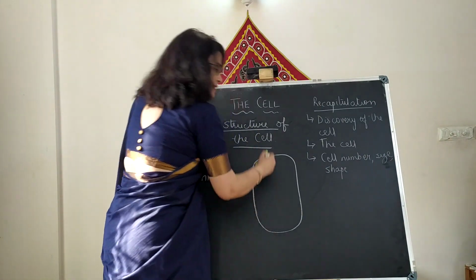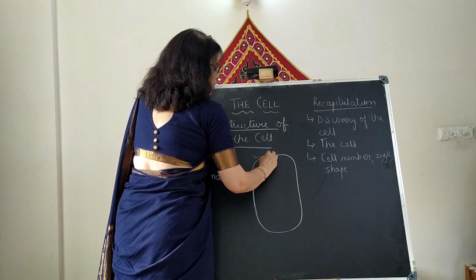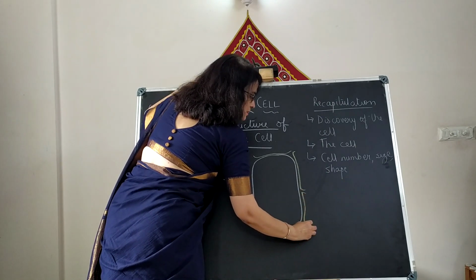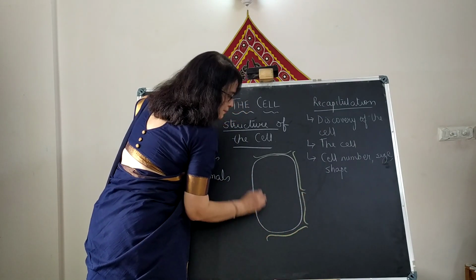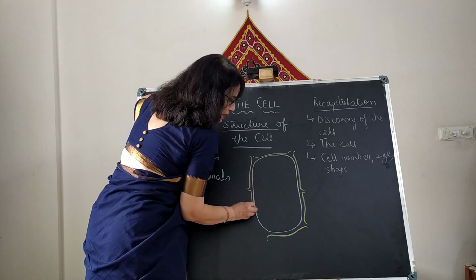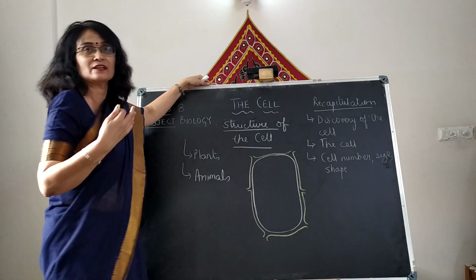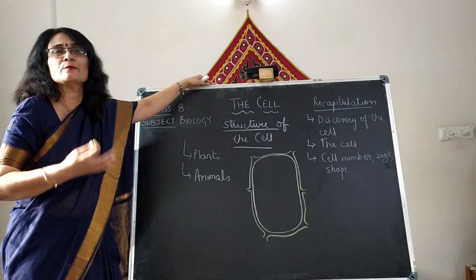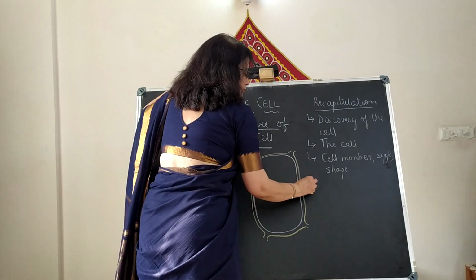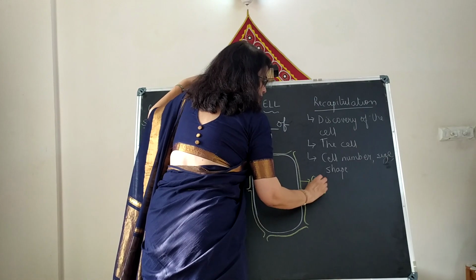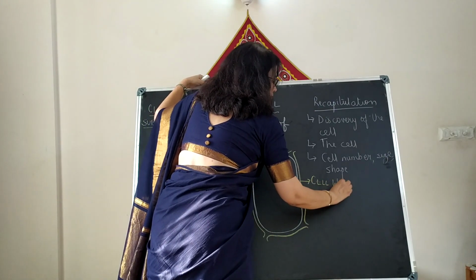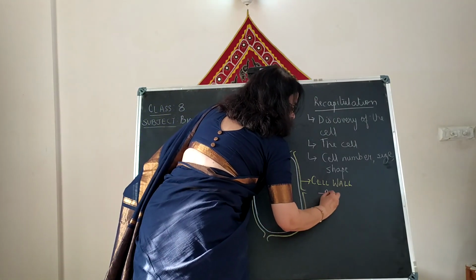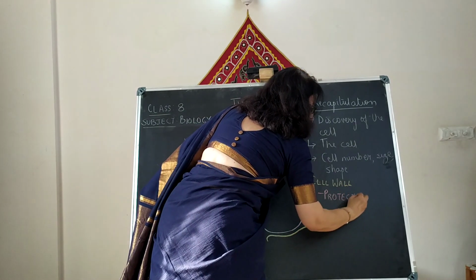A plant cell has a covering like this, and on top there is another covering known as the cell wall. The plants have to live outside in the environment, and all the disturbances in the environment, air disturbances, rain, etc., have to be taken care of. So they need a protection, which is the first part, known as the cell wall. It is protective in nature.